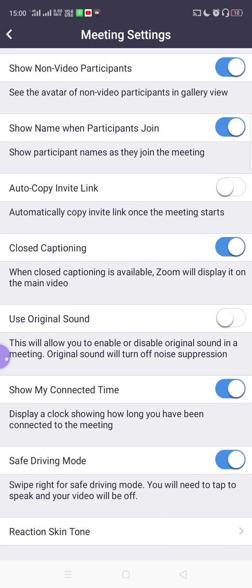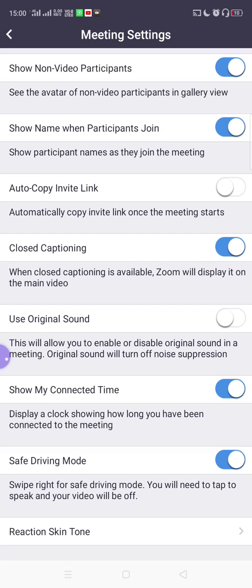Use original sound is disabled, because if you use the original sound, it will turn off your noise suppression, and whatever surrounding voice there is while delivering the lecture, it will also catch and deliver the same, and definitely it will disturb the voice quality, so it will be disabled.